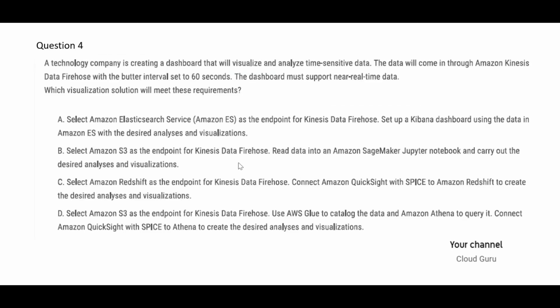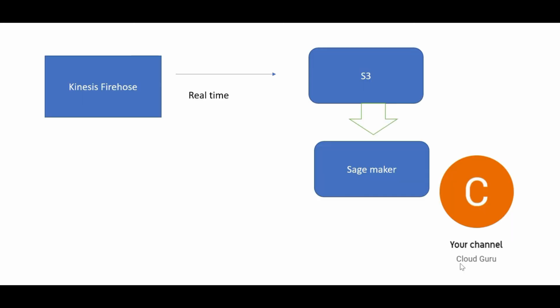Now, what does option B suggest? It is telling you to get the data into S3 and then put it into SageMaker to do some analytics. So there is a time loss. It will not help you meet the near real-time goal, because storing data in S3 would take time, and then from S3 the data would move to SageMaker for analysis, or you would connect SageMaker for analysis, etc. You can do this when you do not have a near real-time or real-time goal. Then you can do it. So this option will not suffice.